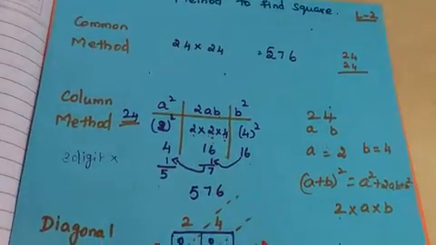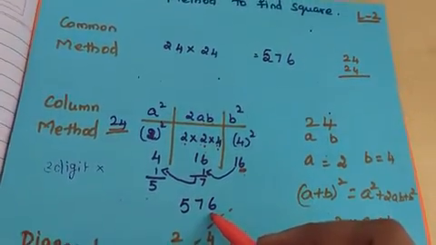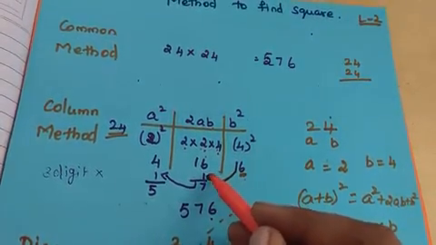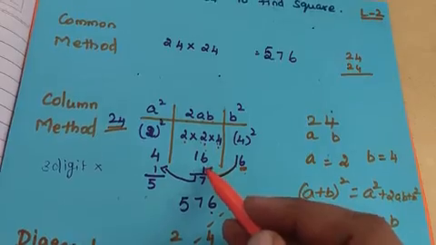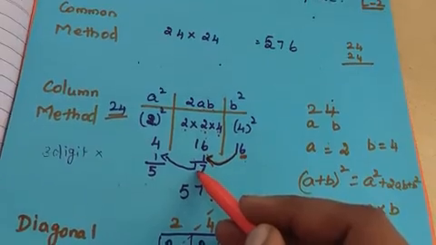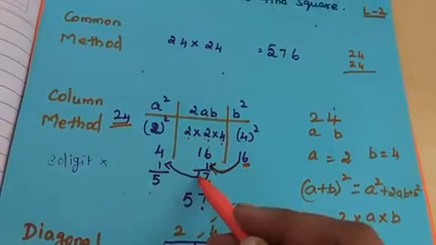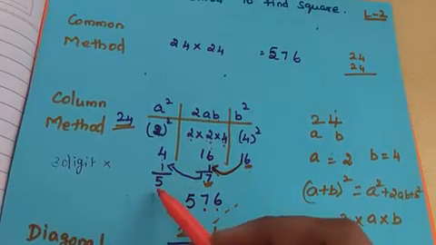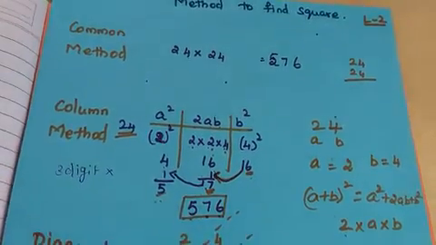Now what you have to do is, whatever the last one, the unit digit, you write as it is. If there is a second digit, the tens digit, that tens digit will be added to the second term, the middle term. With the middle term you have to add it. So this value is 16, and when you add this 1, it becomes 17. In this again we write the unit digit, and whichever tens digit is there will be added to the next number. So 4 plus 1 becomes 5. Now this 5 we write here. So 576 is the answer.